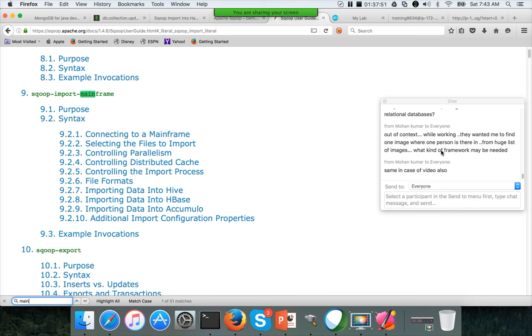In the case of videos and images, you have to use some open source tools. I'm not very familiar with those tools. Google provides certain things, and you can see if they can be integrated with MapReduce, and you have to come up with that. It's not very easy. You have to customize a lot of that. Yeah, as you mentioned yourself, it is out of context for Sqoop.